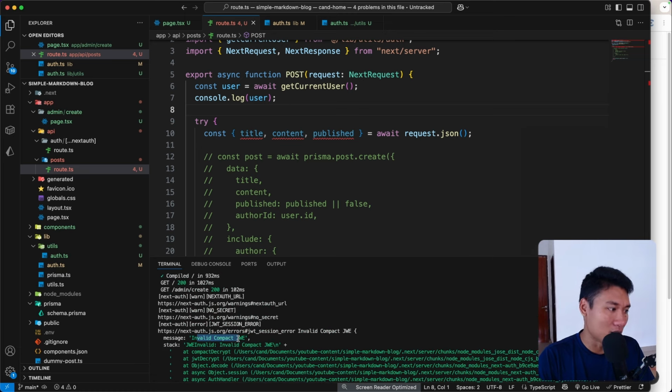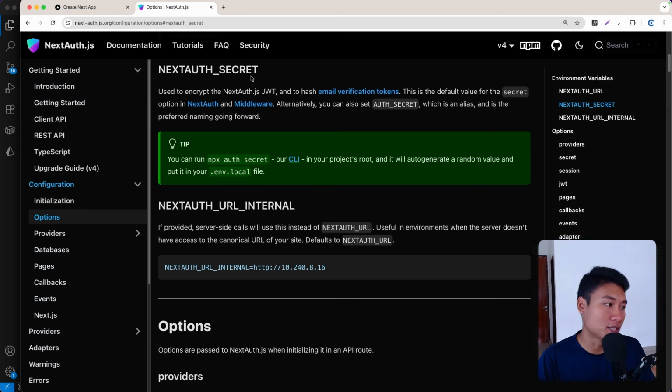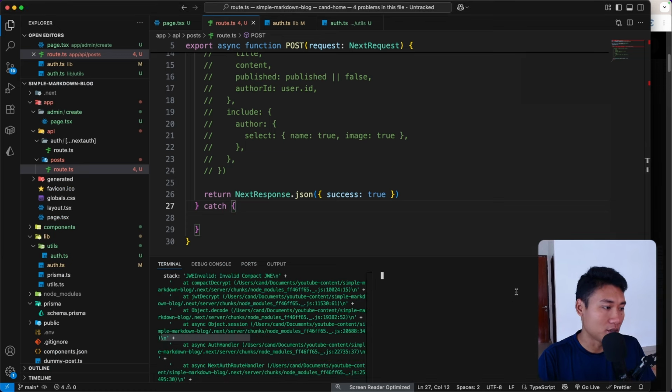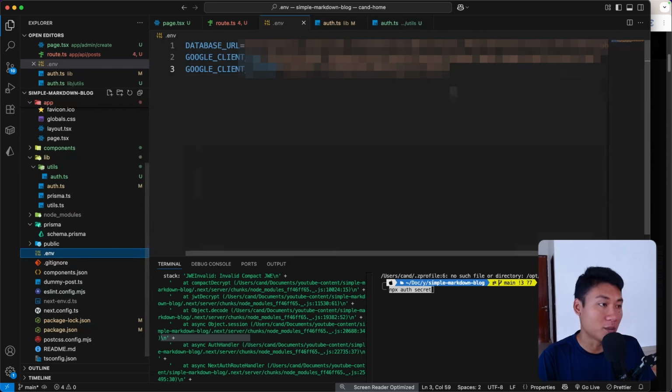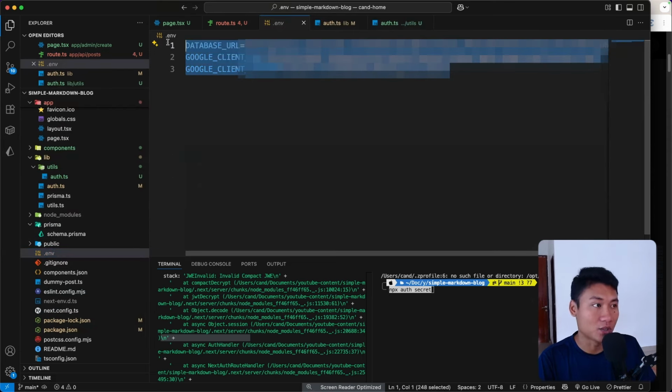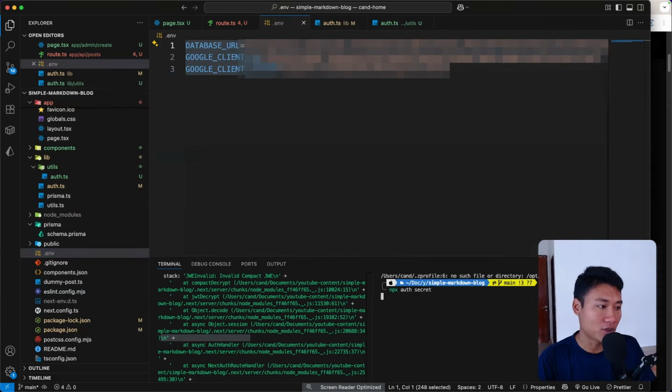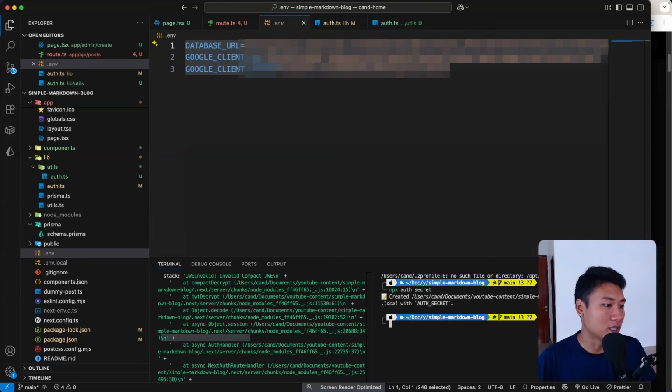So basically, we have to put the NEXTAUTH_SECRET environment variable because we're using JWT, and this is required for JWT. So I'm gonna copy this command here, npx auth secret, and paste that into the terminal. As you can see on the environment variable, we don't have that NextAuth secret, right? When I run this, it will automatically create the auth secret, but it will create